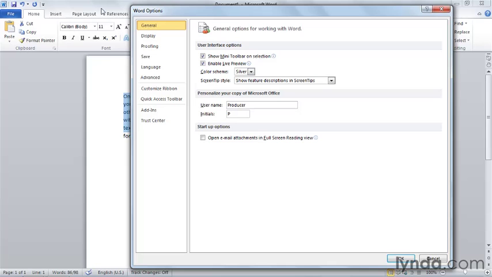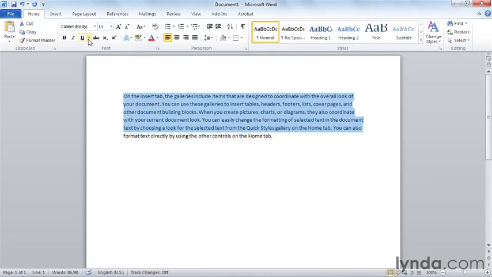The background of our ribbon and our entire window is silver. We have two other choices of color schemes, blue and black. We have a choice for how screen tips appear. Right now, if I point to an item on the screen, I get a feature description as part of my screen tip. For example, if I point to the underline button, I get not just the name of the button and the shortcut key, but the description, underline the selected text,